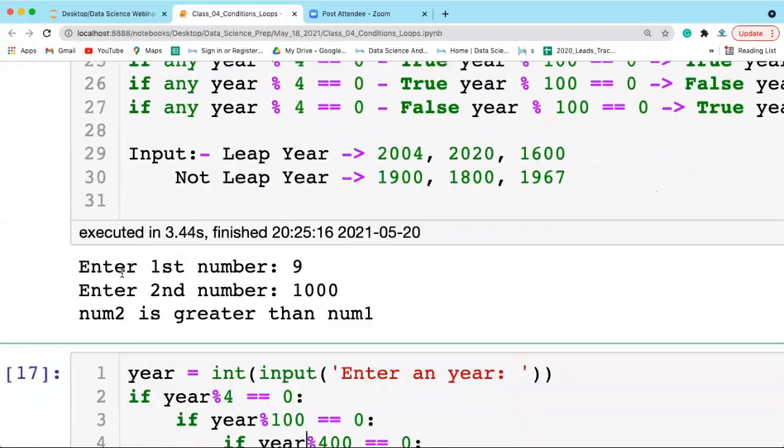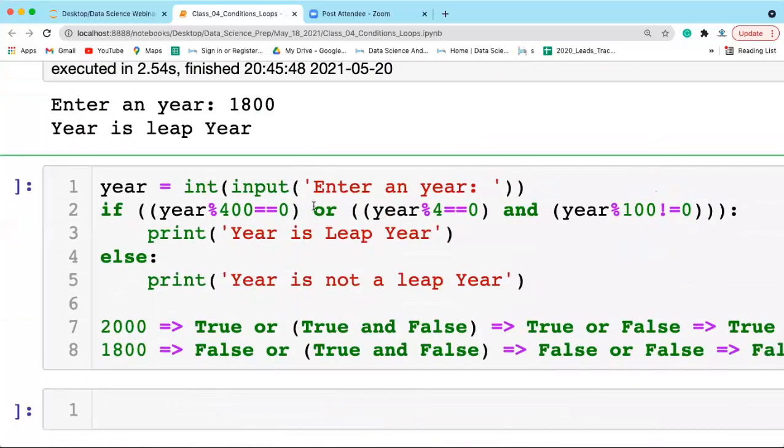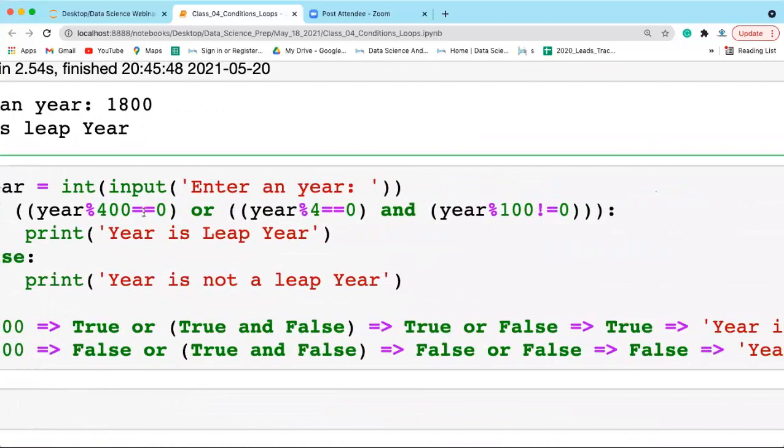Now where do you have ampersand? If you see here, it is percent, percent, percent. I don't know where you are looking.